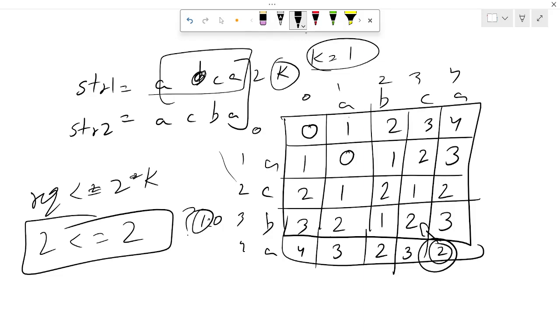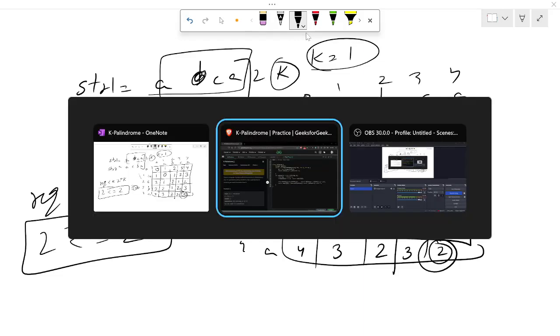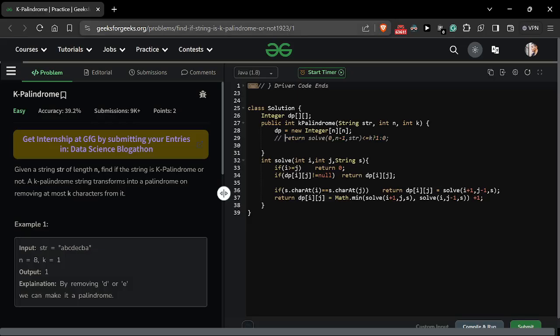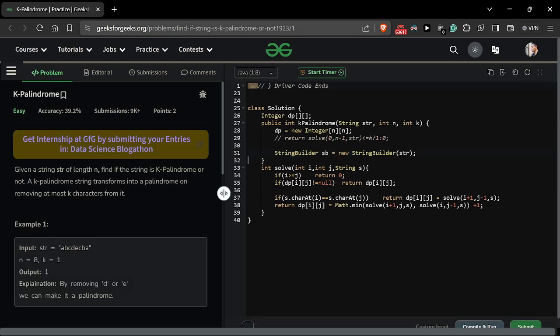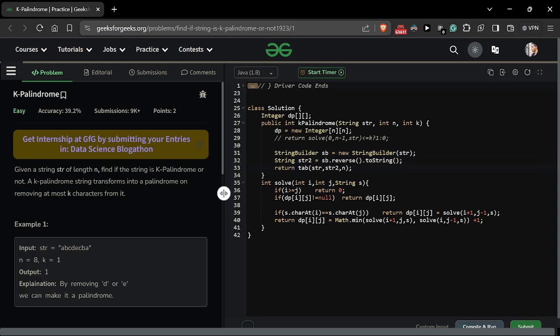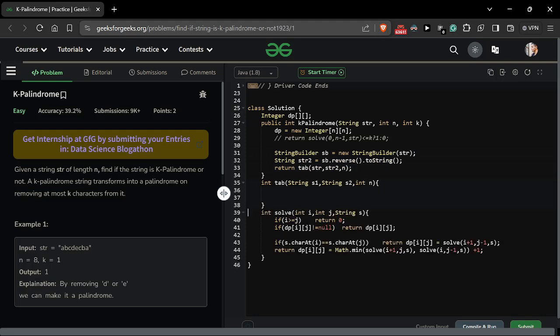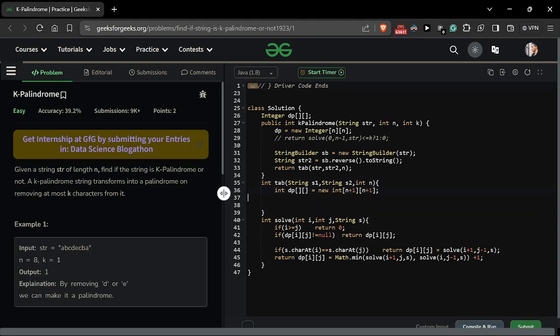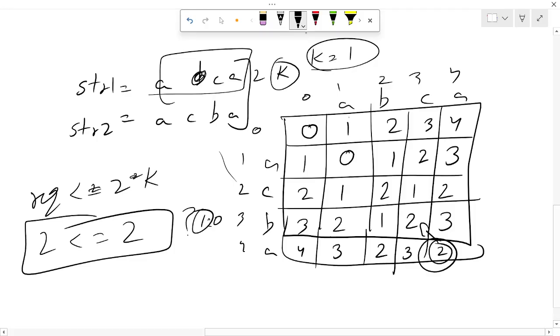So now it's time for the tabulation code. So we will just comment out this code and we will create a string builder, then we will reverse the string and convert it to string 2. So now we have string 1 and string 2. Now we will have a tabulation function in which we are getting s1 and s2. It's time for creation of the dp array. So our string length is 4 and we will create a 5 cross 5 array,